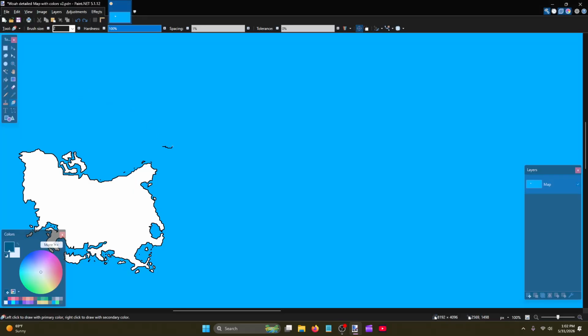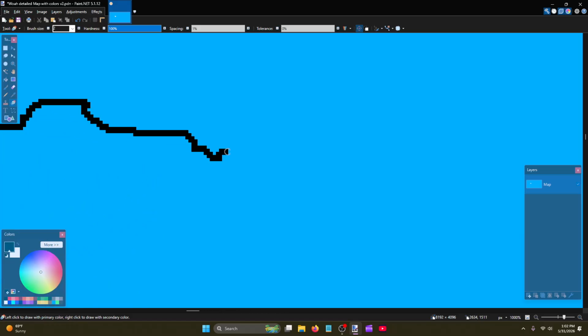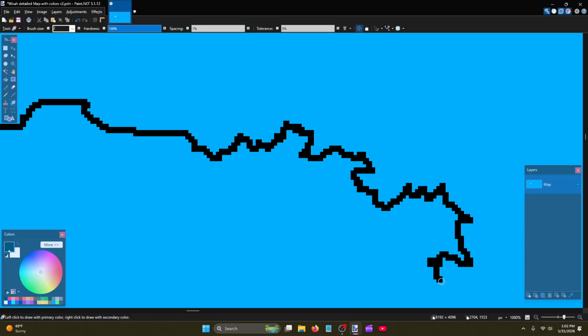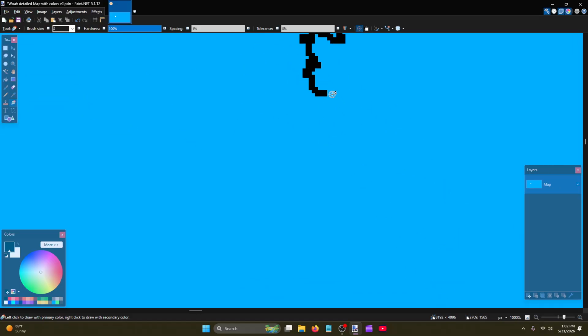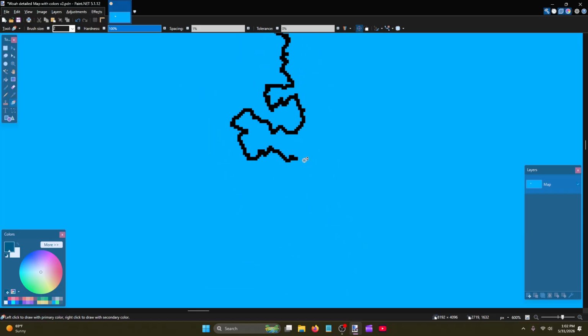And this one is going to be a pretty big one. We're going to start over here, and it's going to be a very intricate coastline, and I know I can't go too intricate with this size of brush, but if I used the one size, that would just take a very long time. So I'm going to use this one, and